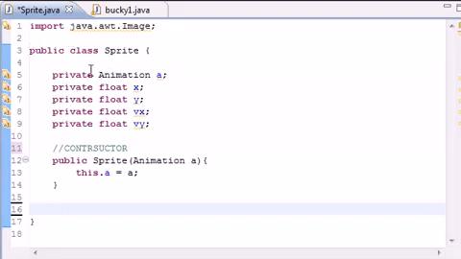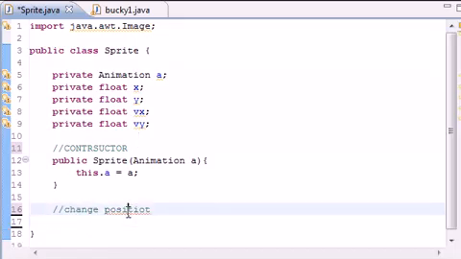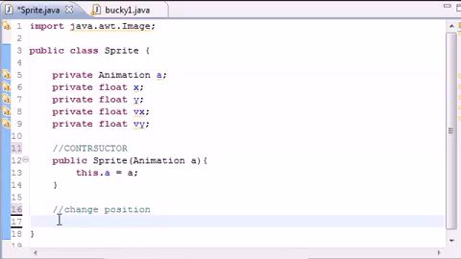It's not just a single object, or excuse me, a single image that chills in one place on your screen the whole time. It's an image that moves around your screen. So in order for your image to move around, you need to change the positioning of it. So in order to do that, let's go ahead and put change position, and make sure you spell that like that. And we'll name this public void update,